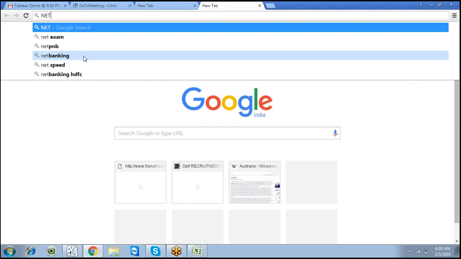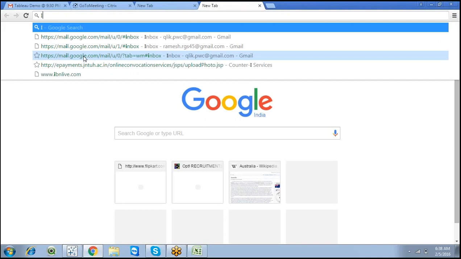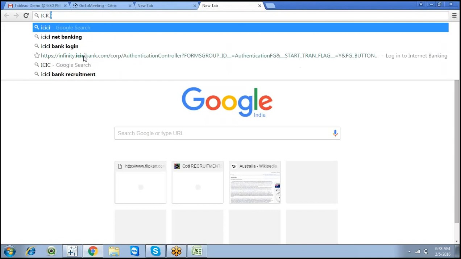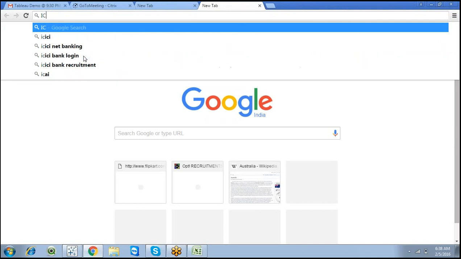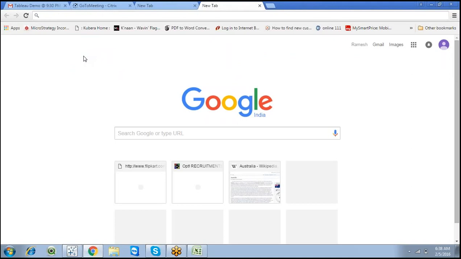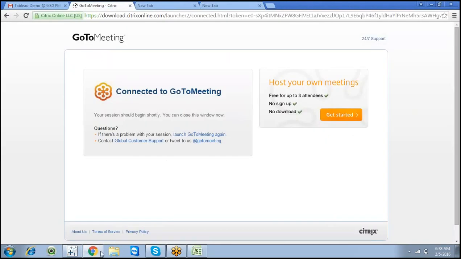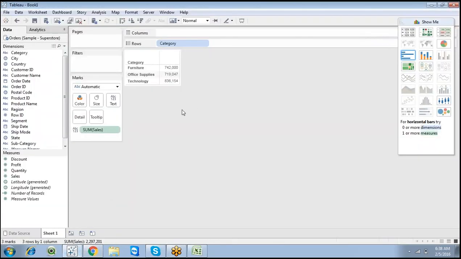If you're using ICICI, you can log into ICICI. So if you're working with a different client, let us say my client is ICICI, and I am a customer of ICICI. I want to see my account balance, so I log into my ICICI internet banking as an account holder, with my user ID and password. Similar to that, in this reporting perspective,